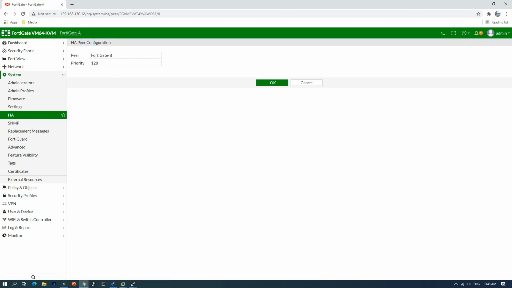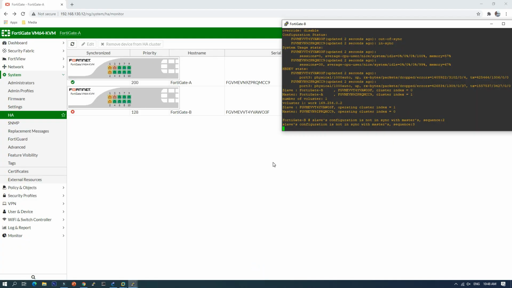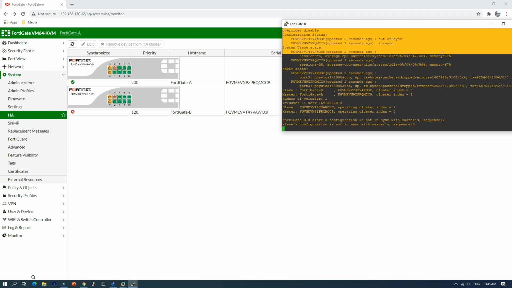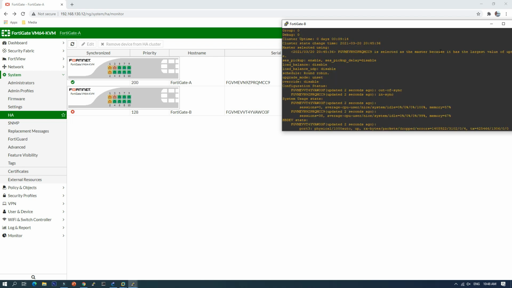If you check here, the priority is 128. That's the lower priority, so it will become the slave. Also, you can see in the information here, yes, this one is selected as the master because it has the largest value of the priority.